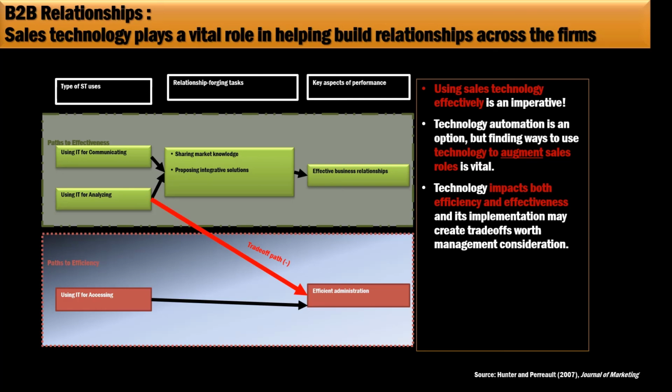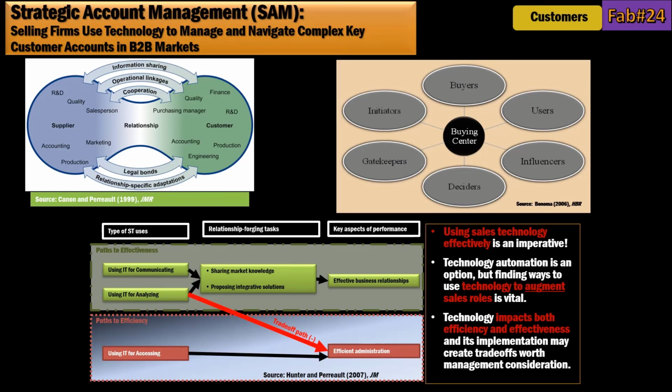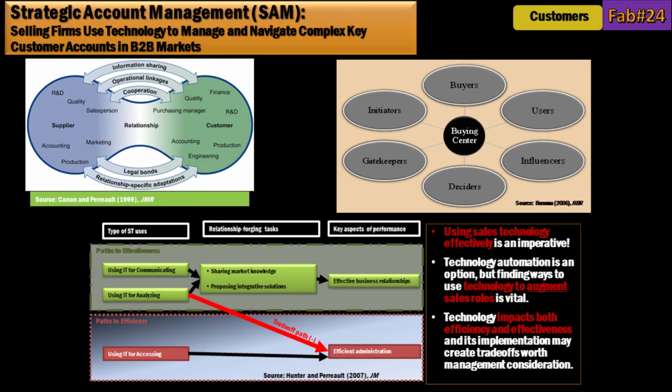That would lead you to something more like strategic account management, so you're putting together a lot of the things we've talked about already. We've talked about the idea that relationships are important, and that you've got multiple different players that represent a buying center. We've also talked about how technology plays a critical role. Those are some of the major building blocks that would help if you're doing strategic account management, and help you think about how to structure that strategic account. As we get into the relationship and the structure, we'll talk more about how you would expand some of these ideas.